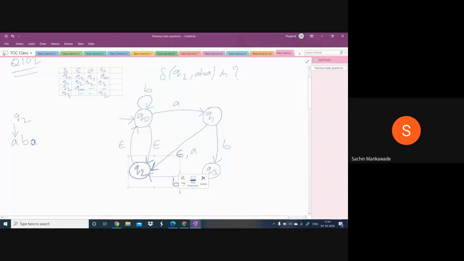Guys, anybody, please respond. Hello. Sir, please repeat. Are you there? If the question is this one, boss. If the machine starts at Q2 and ABA, okay, we are doing that. So here the machine is at Q2 and the input symbol is A. But Q2 has not defined for A. So what will happen now?